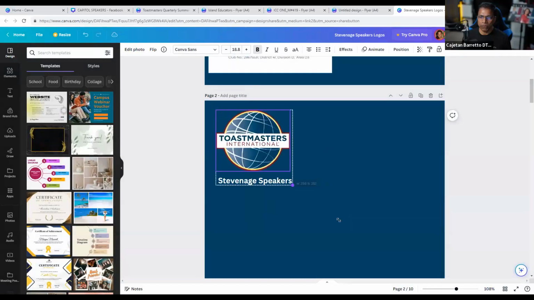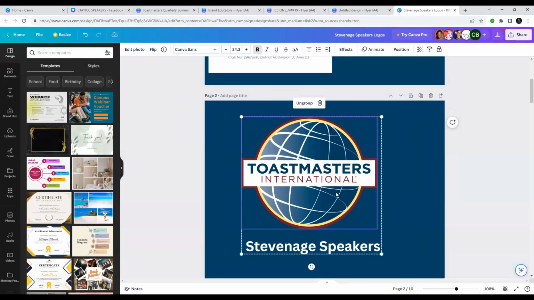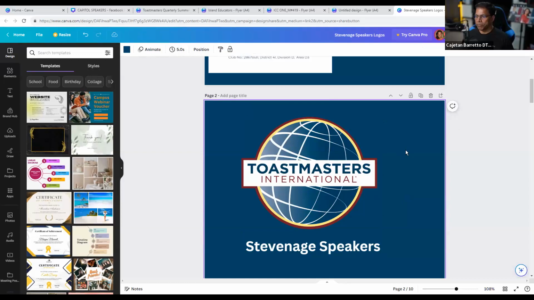Okay, so this is the logo, right? I would say this is the only thing that I would accept because that is how it is in the brand manual. You can have your logo on top and you can write something below it, whether it's your club name, your district name, or just any text that indicates what it is. Beyond that, it will get into breathing space issues and so forth. So for me, this is a brand compliant club logo, and this is what most of you should aspire to use